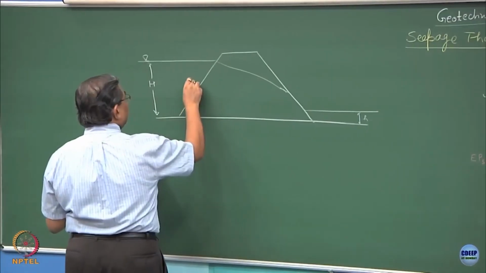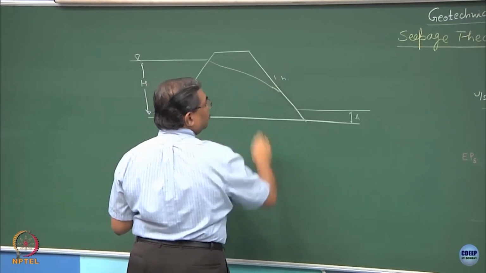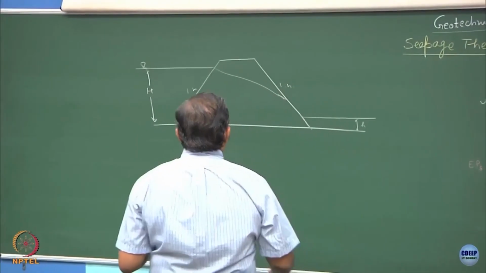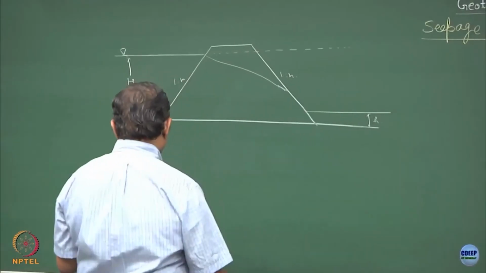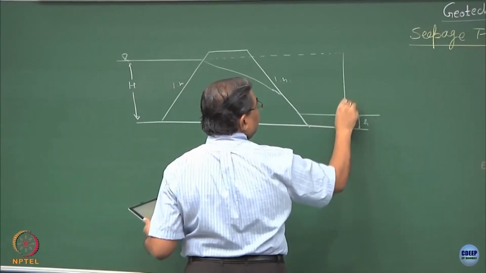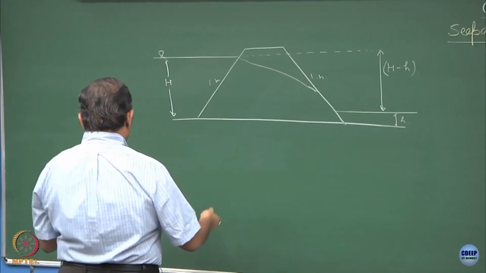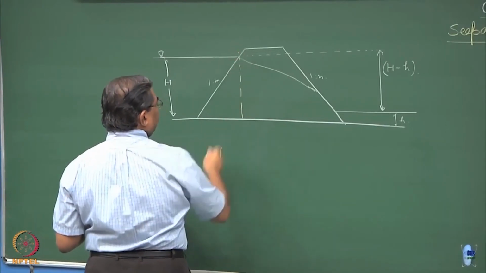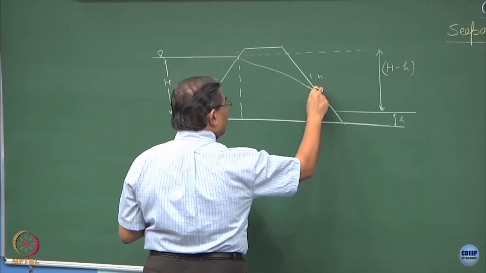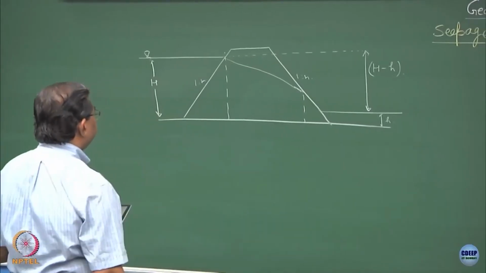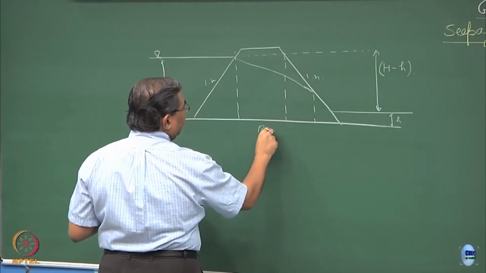If I consider this as 1:m and 1:n, if I draw this line further and if I treat this as H minus h, if I shift the origin at this point, if I consider this as B,